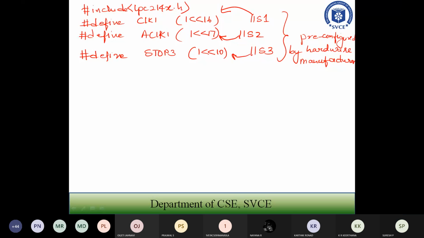So thus, depending upon the configuration of the hardware, we have to write the program. That is the main problem when you are dealing with an embedded system. Whenever you want to write code for your embedded system, first you have to read the hardware manual, the manual which you have been given for the particular hardware.